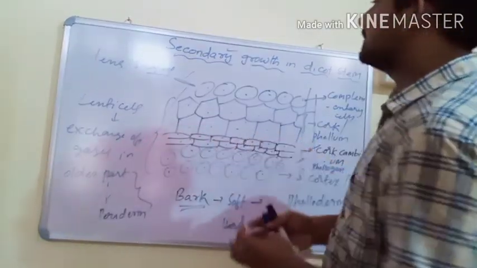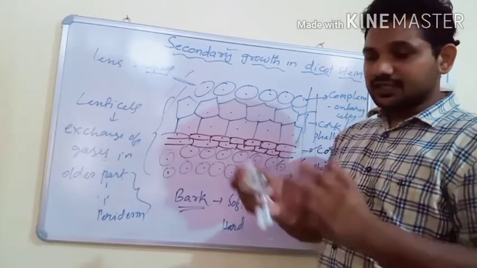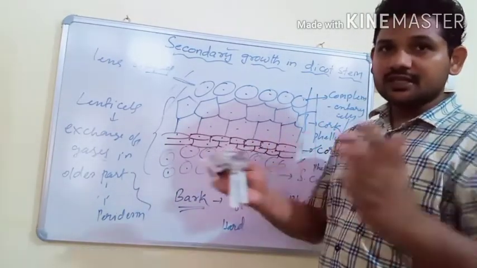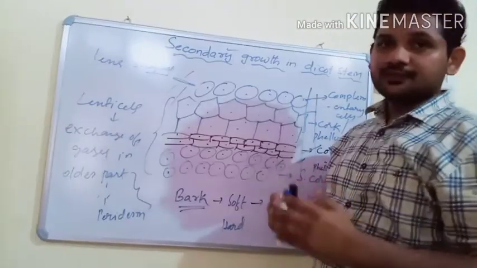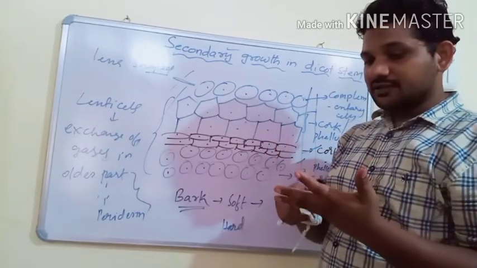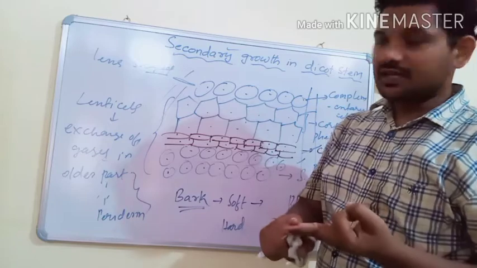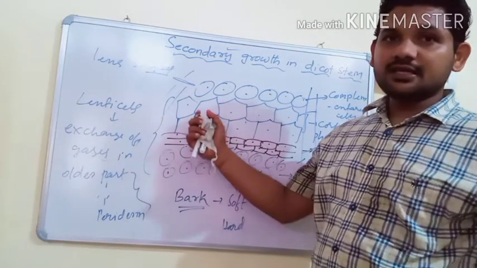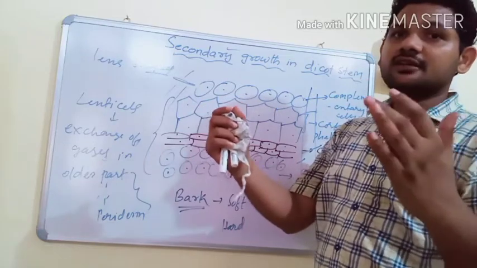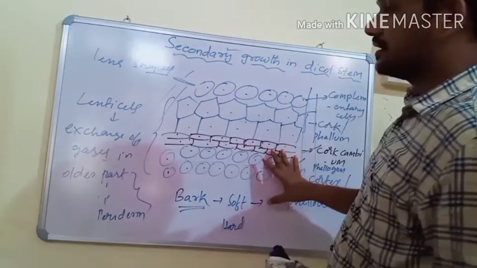So this is finally the secondary growth in dicot stem. Initially girth increases. Due to the increase in girth, the outer cells are broken. So broken cells are replaced by periderm. Secondary xylem, secondary phloem and secondary medullary rays, these three are produced by vascular cambium, and periderm is produced by cork cambium. Finally, girth increases and it is protected by another protective layer. So this is the secondary growth in dicot stem.